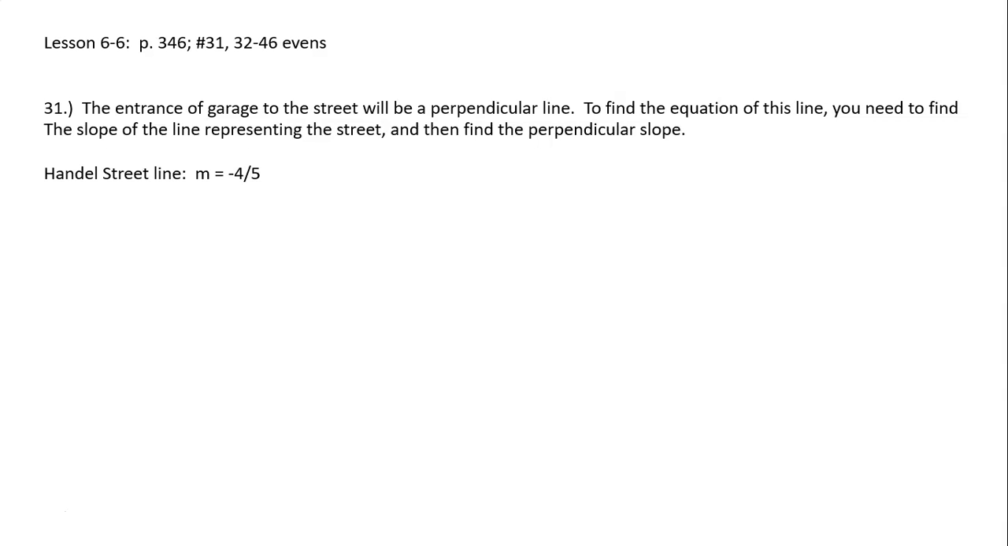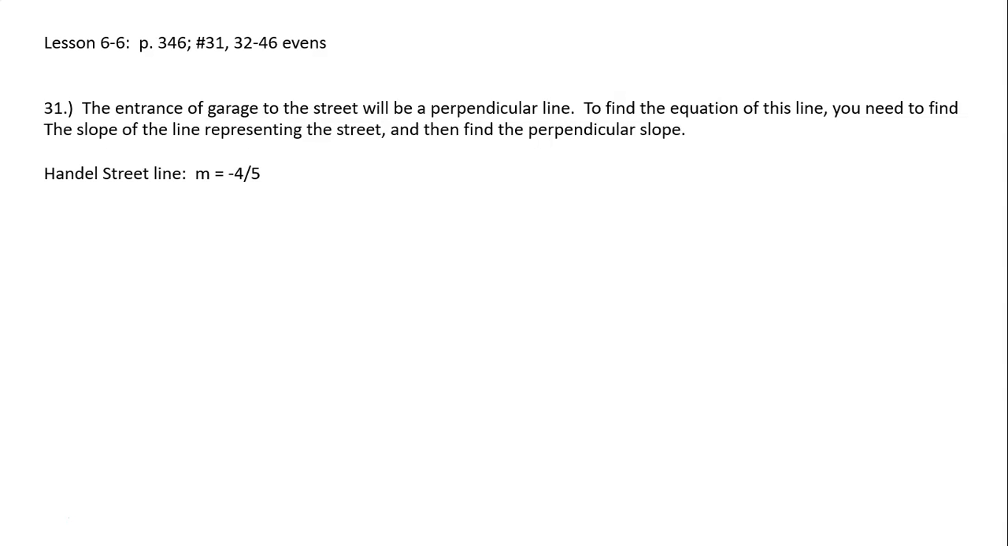So if we draw a line segment through that point, which is the entrance to the parking garage, to the street, that forms a right angle. And of course, we know when it forms right angles, they are perpendicular. And they ask us in this question to find the equation of that line. So the entrance of the garage to the street will be perpendicular, and to find the equation of this line,